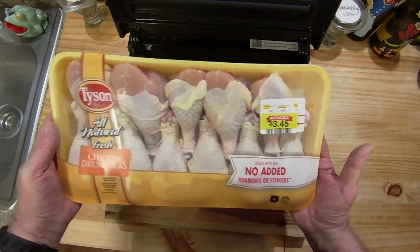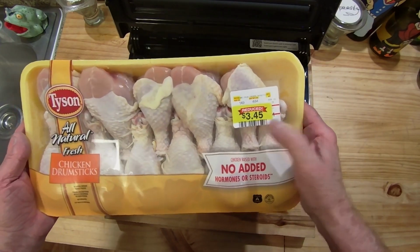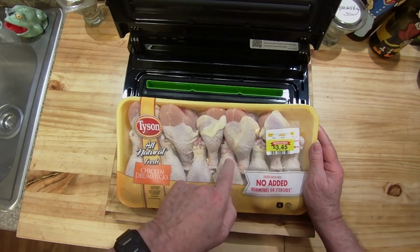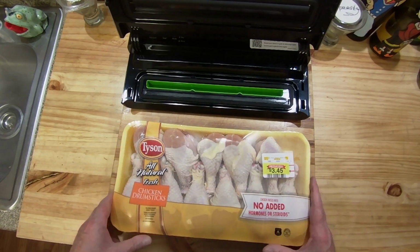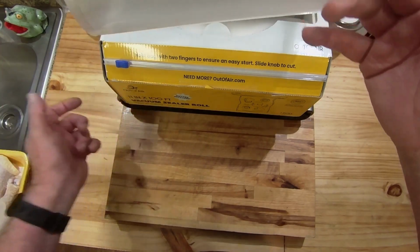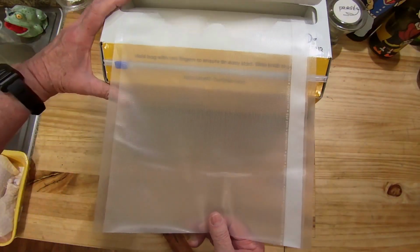Okay, now I'm going to be vacuum sealing some chicken legs that I got on sale. Great price, and I believe there's 1, 2, 3, 4, 5. There's a dozen chicken legs in here, so I'm going to do 6 each into a bag, and we'll seal these up. Okay, now I'm going to be using the 11 by 100 foot roll, and what I'm going to do is I'm going to be